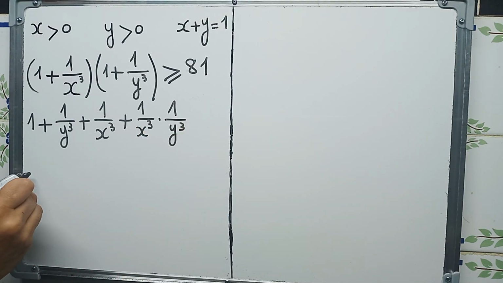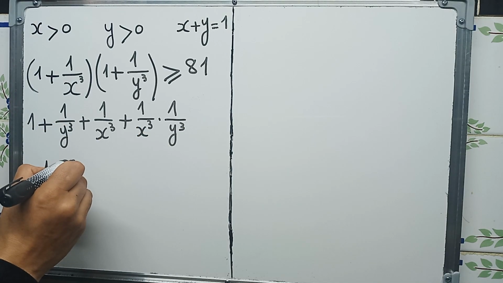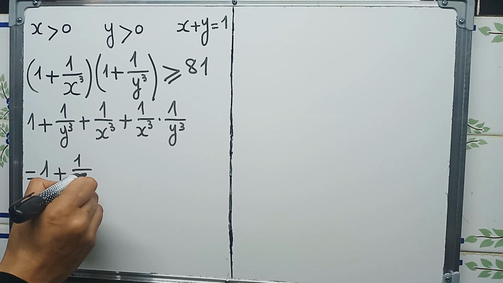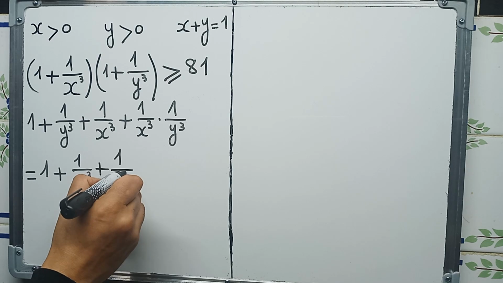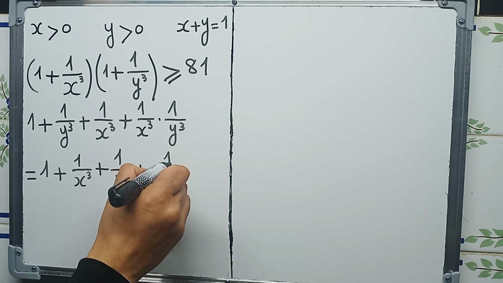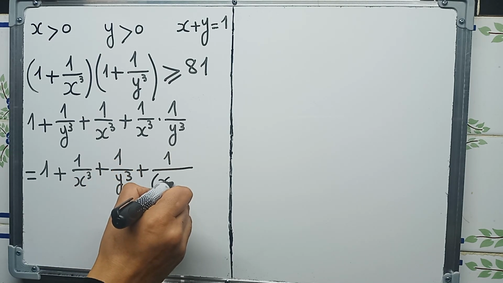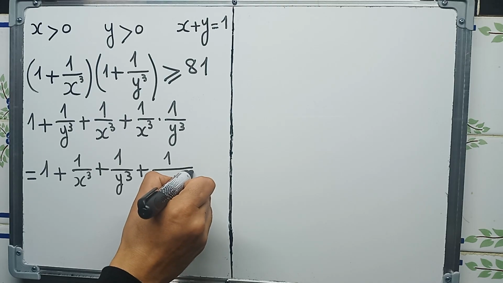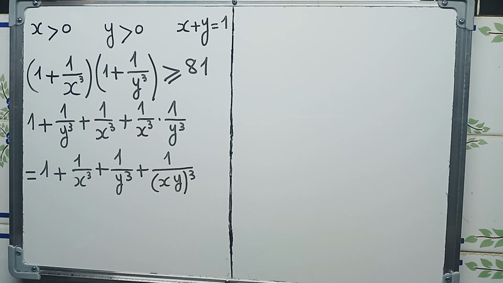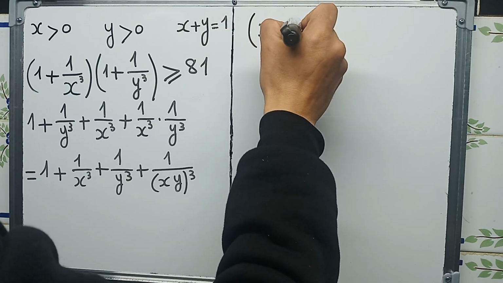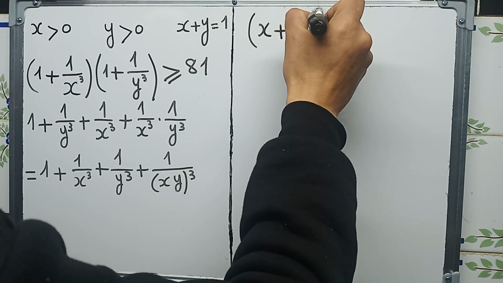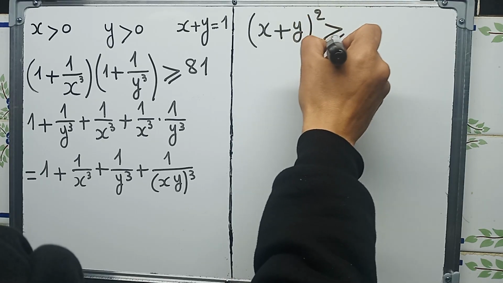By rearranging, it's equal to 1 plus 1 over x cubed plus 1 over y cubed plus 1 over (xy) cubed. And here we will use our inequality, which is (x plus y) squared is greater than or equal to